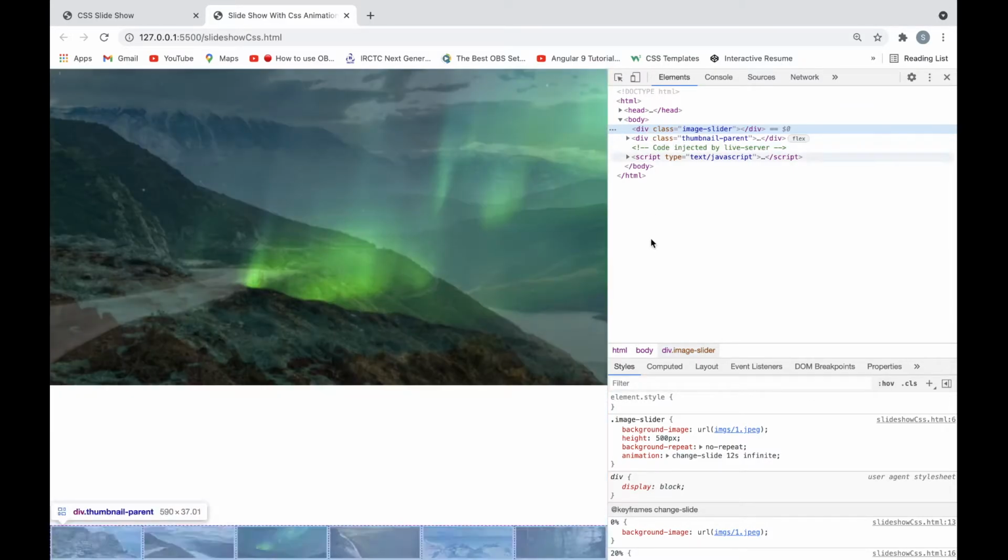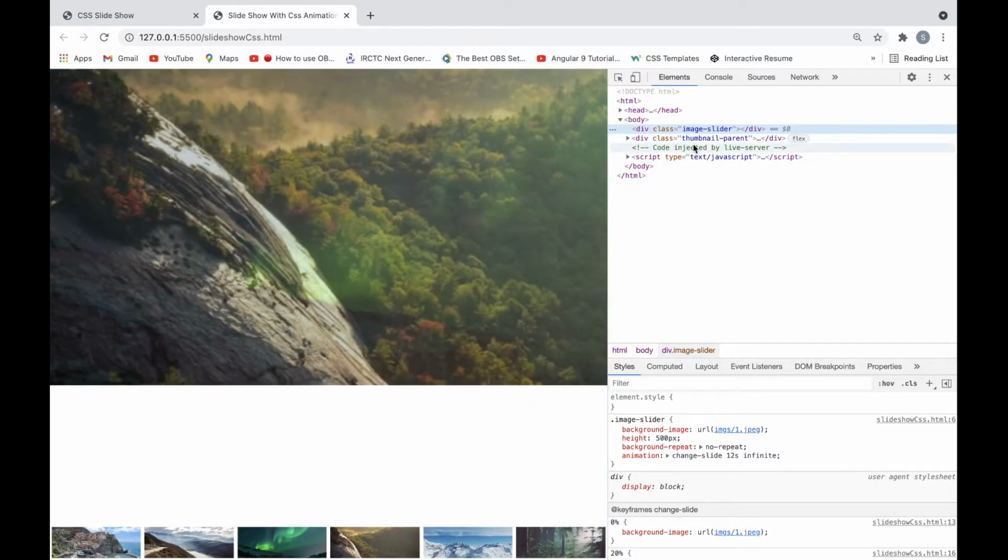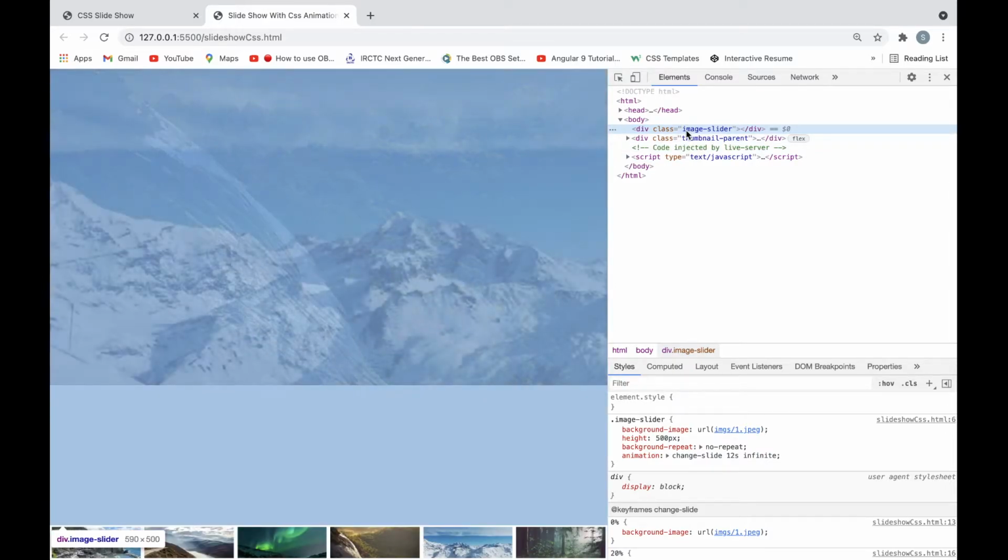So here we have given height 500, but it's taking more than that.